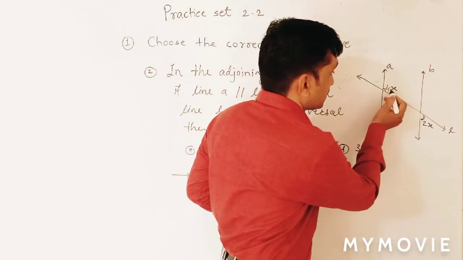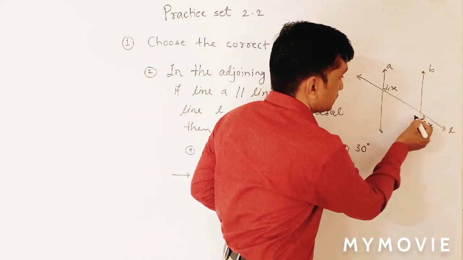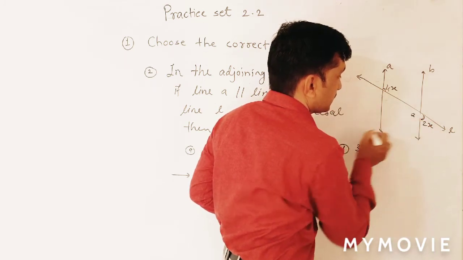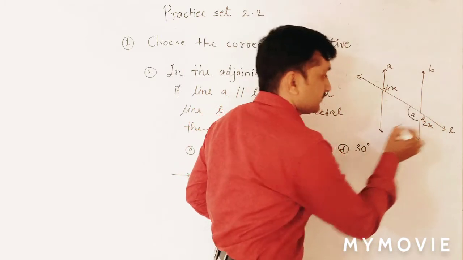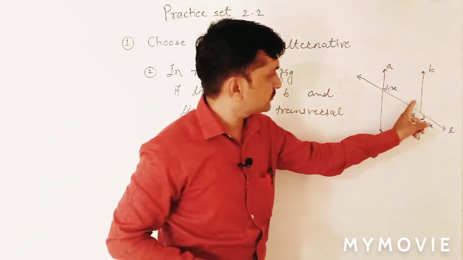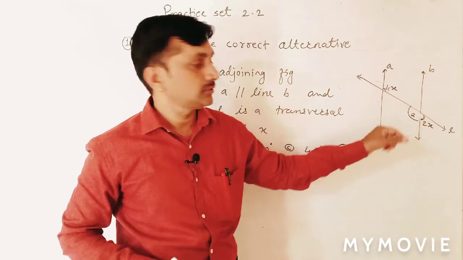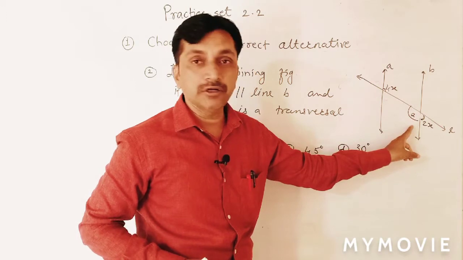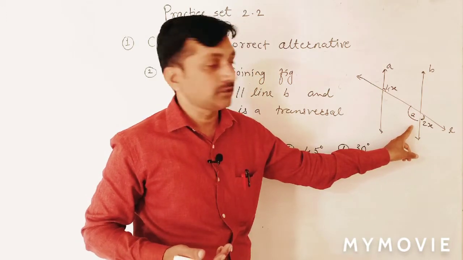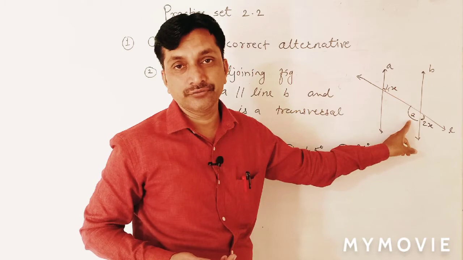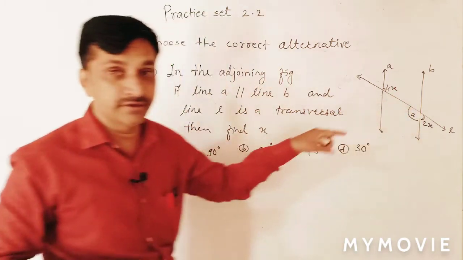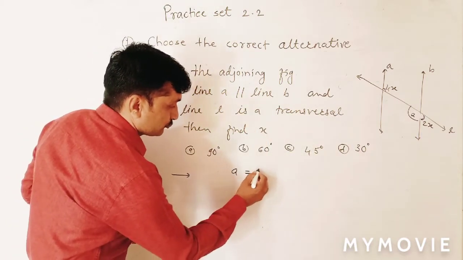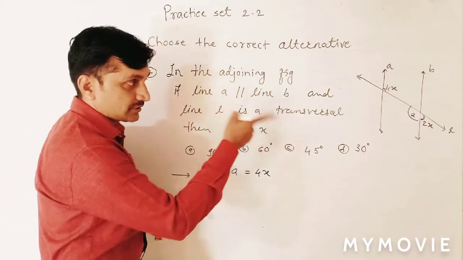Now here you see this one, I write here A. Angle A I considered here. You can consider it elsewhere, but that should be related. Okay. Now here 4x and A are alternate angles, interior alternate, and interior alternate angles are congruent, we know. That's why we have considered it ourselves. Then how to find? A is equal to 4x, right? A is equal to 4x.